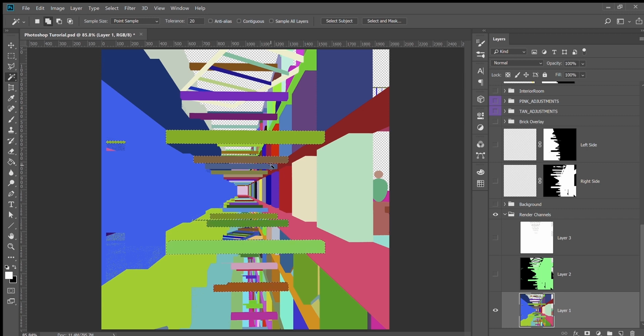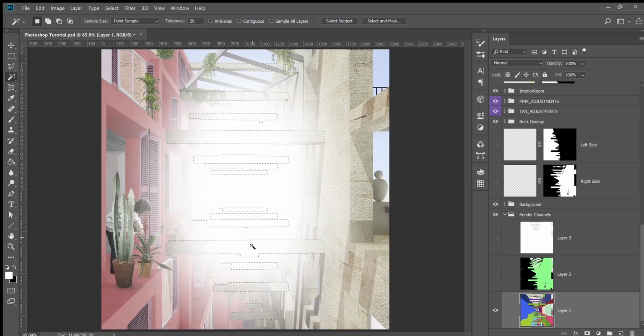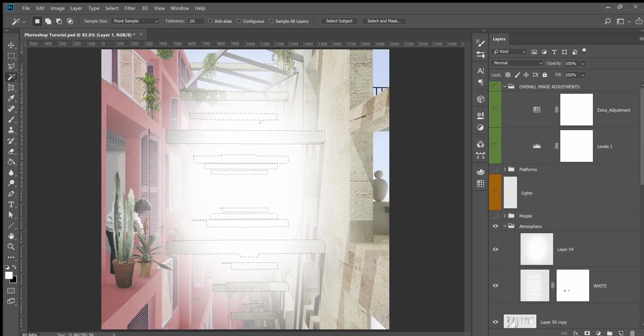Let's select some of these columns that are beams in the foreground that are being covered in fog. If this fog was actually in the background, it would not cover these beams, so there would be some things that are in the front of it. So then you can alt click on this again. So now I'm back up at this layer, this new atmospheric fog that I've created here,